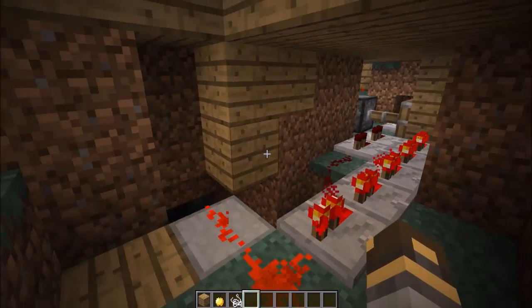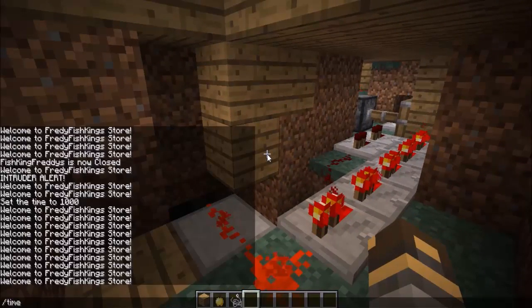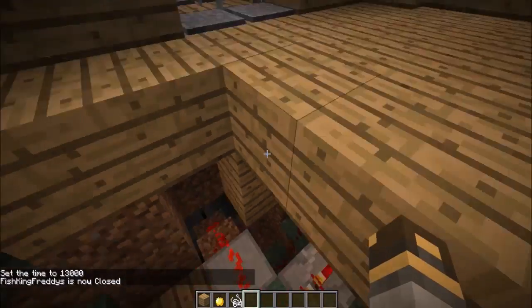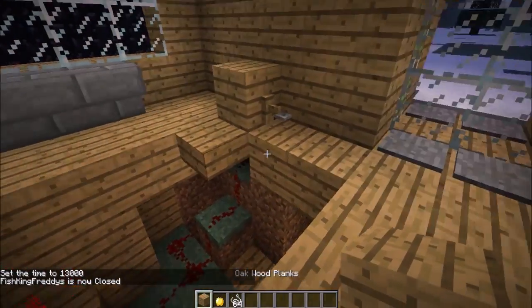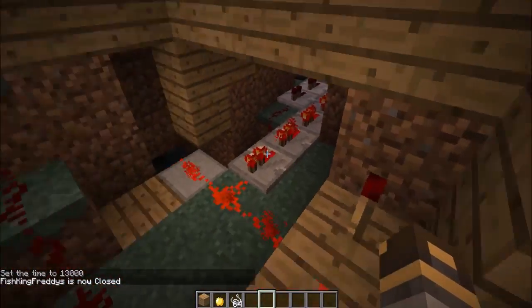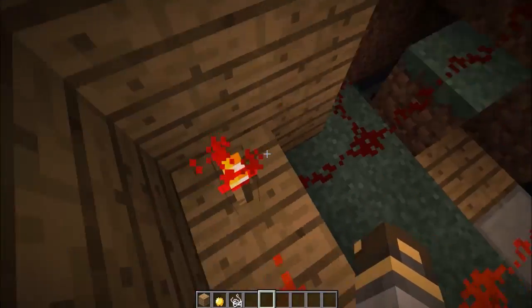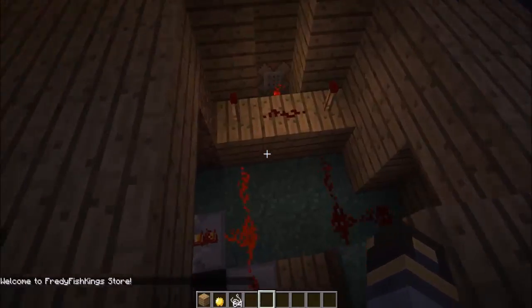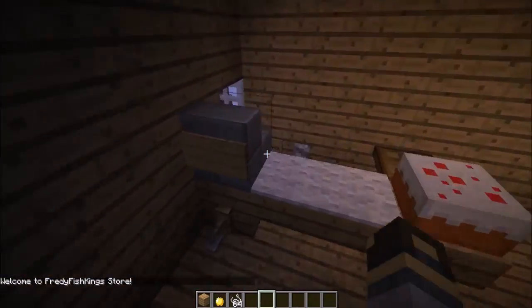Yeah, nighttime feature. So /time set night, and then you guys will see a message in the bottom underneath this time set night that says, it'll say Fish King Freddy's is now closed. So it just sends a message that this is closed, and now one of these is open, and the other one is not. So if I stand on this, it still says welcome to Fish King Freddy's, but that was because I added